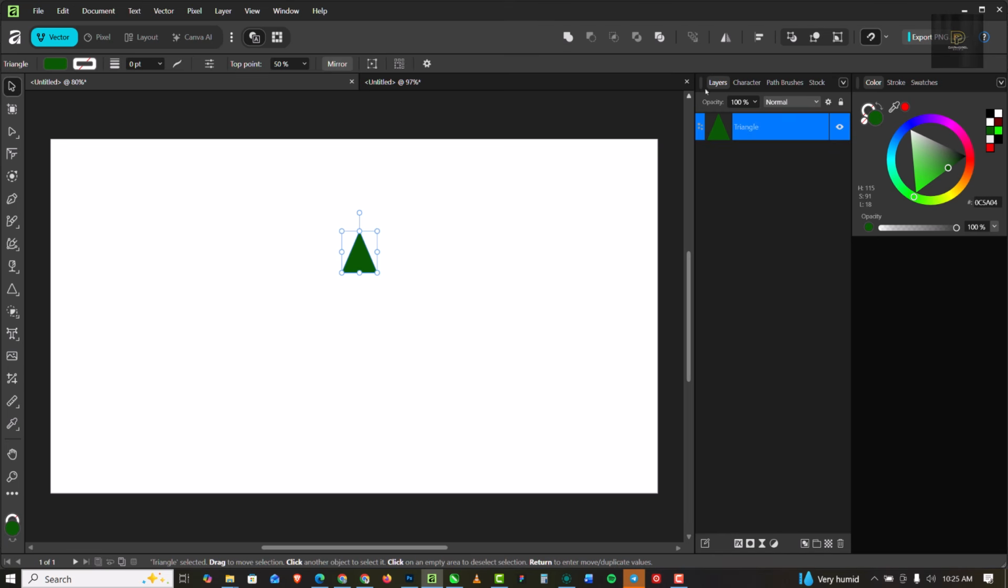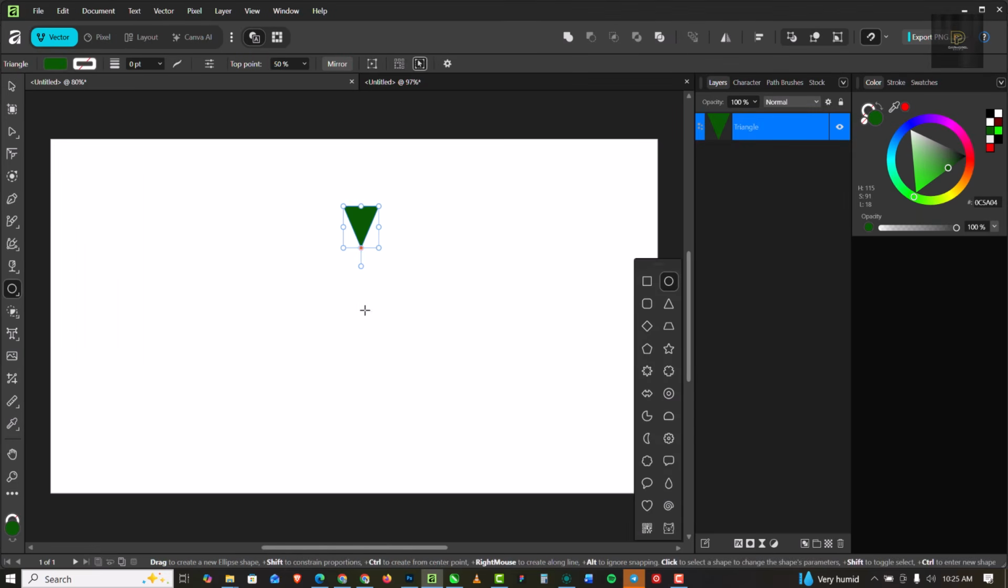I'm going to flip this. So come here under transform, and I'm going to flip vertical like this. I'm going to put it in place. I'm going to also have an ellipse or a circle at the middle like this. I'm going to follow these midpoints, draw